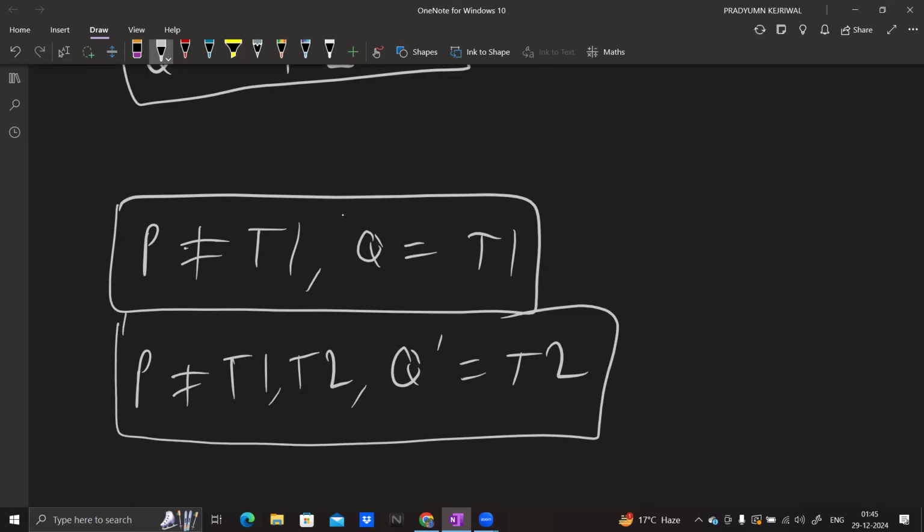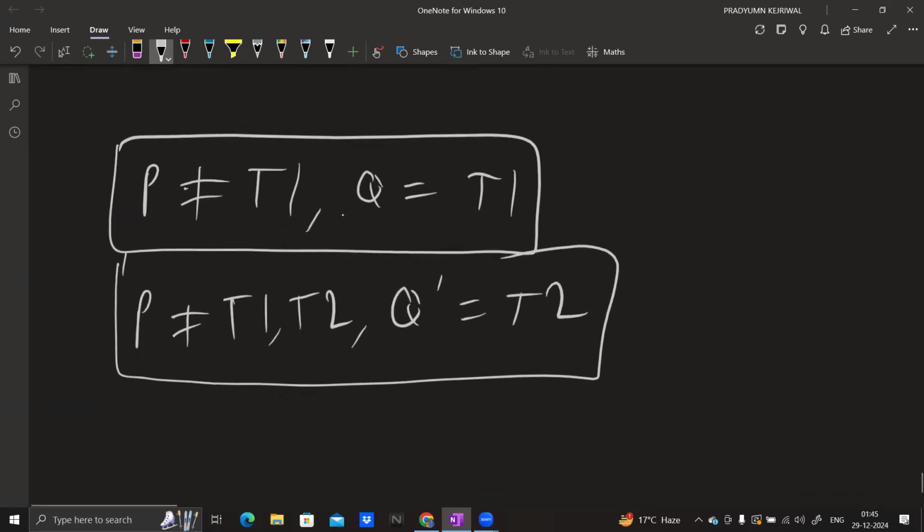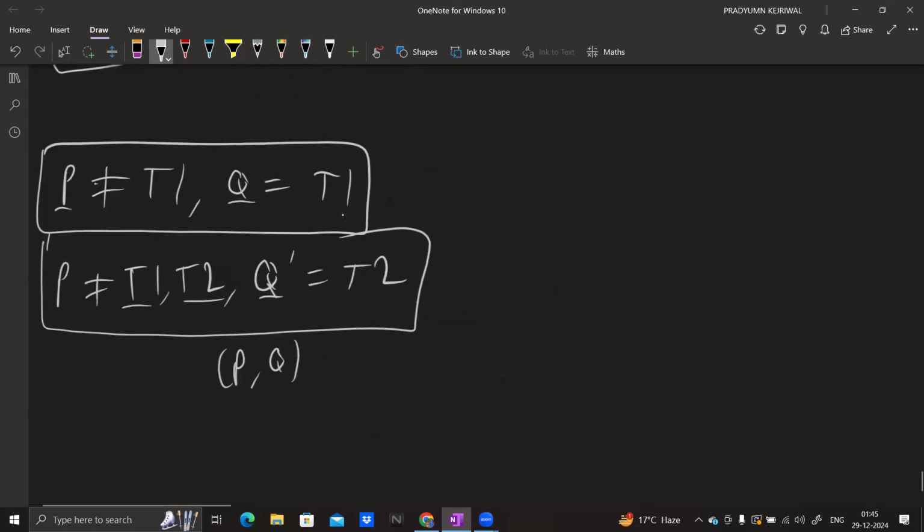Is there any overlap between these? Is there any value of P comma Q which happens in both of these? Essentially this is saying that P is not a leaf and Q is a leaf. This is saying that the next one to Q is type 2, and P is not a leaf and not type 2. So, guys, actually the common portion is